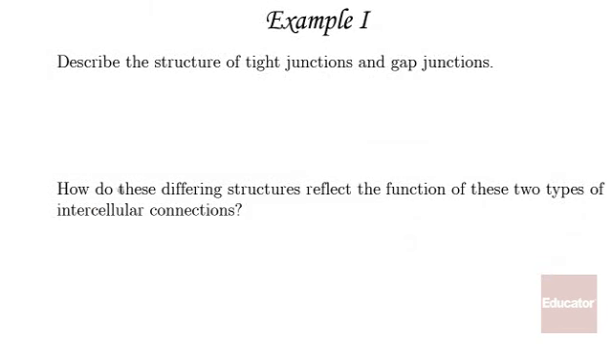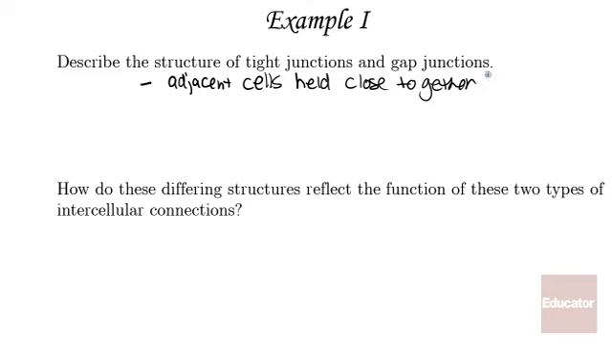Example 1, describe the structure of tight junctions and gap junctions. Okay, cells with tight junctions are close together. They're flush next to each other. So adjacent cells will be very close together, and they're held in place by proteins near the apical surface. Adjacent cells held close together by a band of proteins